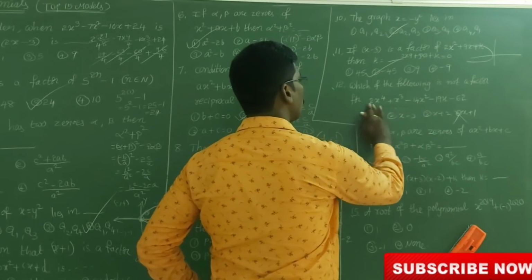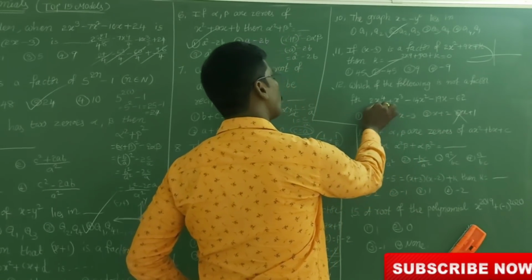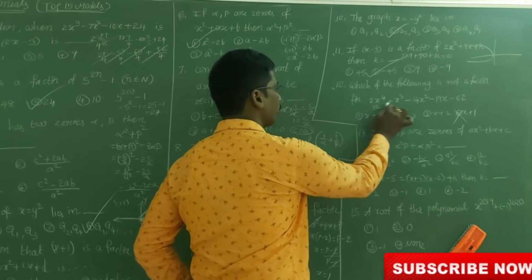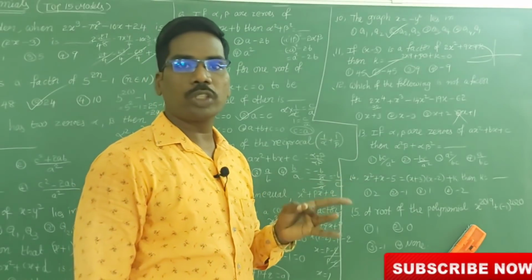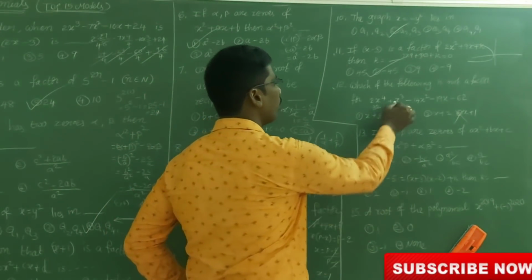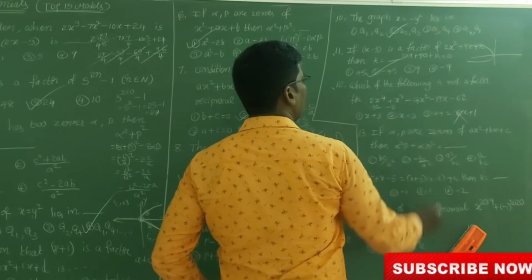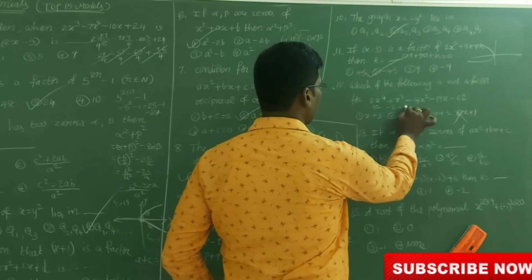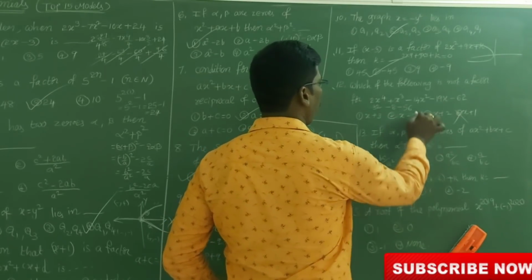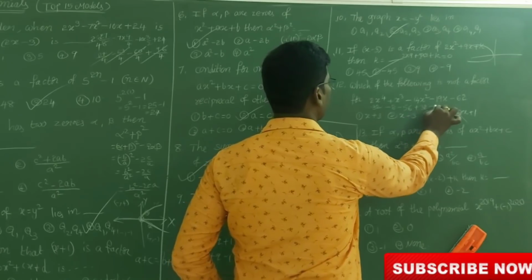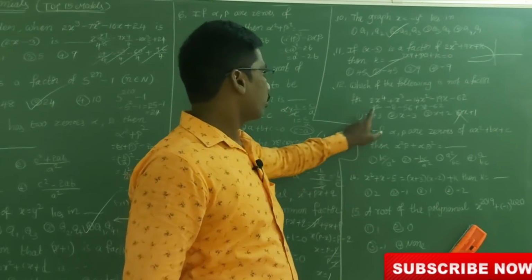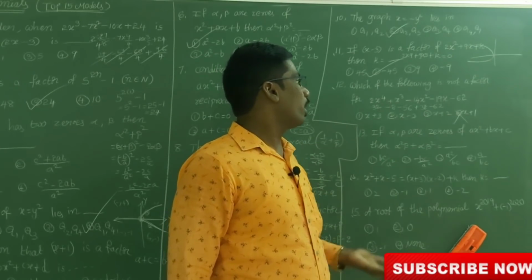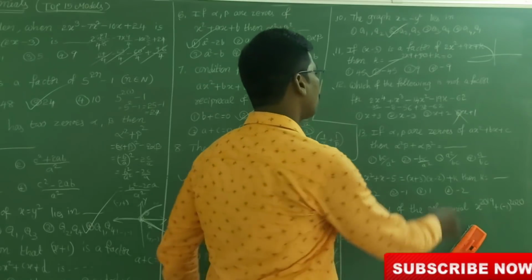Now substitute 2. 2 means -2. So 2 to the power of 4 means 2 square 4, 4 4s are 16, 16 2s are 32. Here 2 cube is -8. Here 2 square is 4, 4 14s are -56. Here -2. So -38. Here -62. Now you add 2 plus 8, 40, 70. So here a larger number is coming. So x plus 2 is also not a factor.